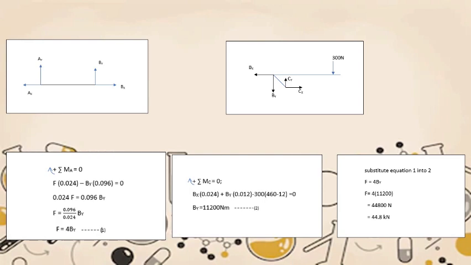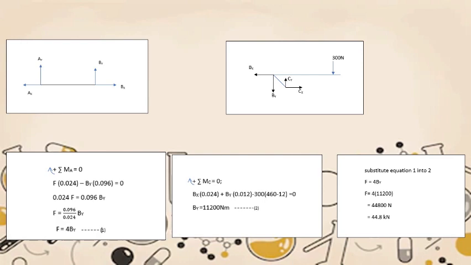And then kita pindah BY ke sini, darab je F dengan 0.024. And after that we transfer it, dia akan jadi bahagi. And then kita akan dapat equation 1. And then for the second free body diagram ni kita resolve daripada point B to point C. As you can see here, moment dia kita ambil je BX darab dengan 0.024 and yang 300 darab dengan 460